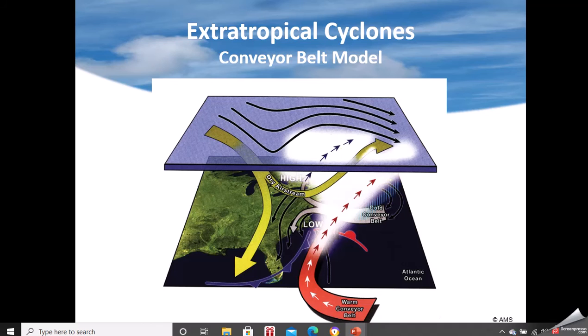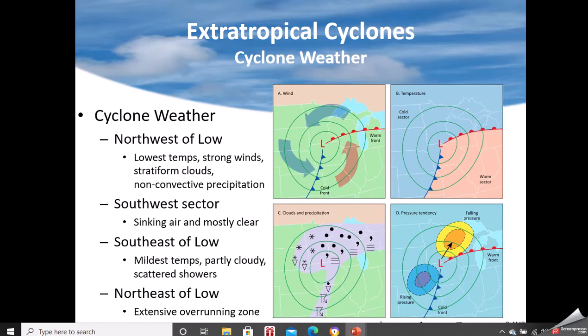But you also have the cold conveyor belt. The cold conveyor belt is actually what forms the comma head that you see in these clouds. What happens is the cold air is being pushed upwards and rising ahead of the warm front. When it's rising, it's already cool, it's moist, so it's forming clouds in the lower layers. And when it hits the jet stream, it begins to turn. It turns anticyclonically to follow the jet. So you wind up getting a comma head. So the cold conveyor belt is what actually forms your comma heads.